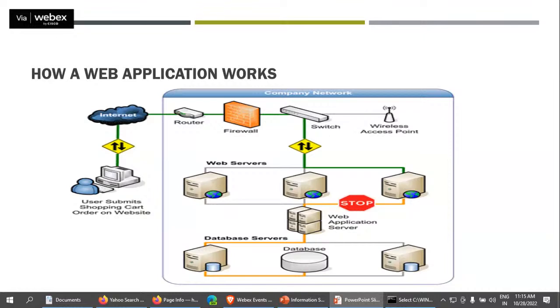Then the firewall checks whether the connection is secure and acceptable or not. If the firewall does not accept the connection to that particular website or shopping cart, it will not allow that page to open, and a default firewall page will be displayed on your browser.